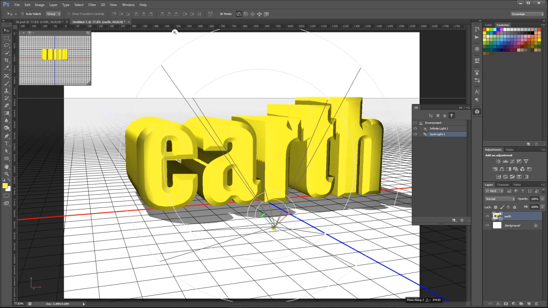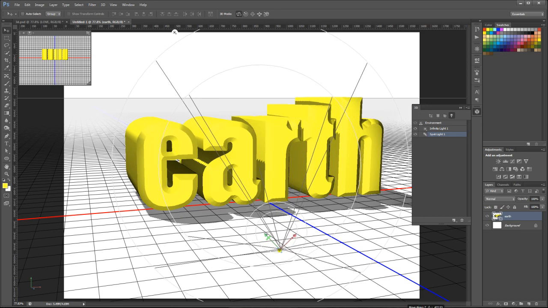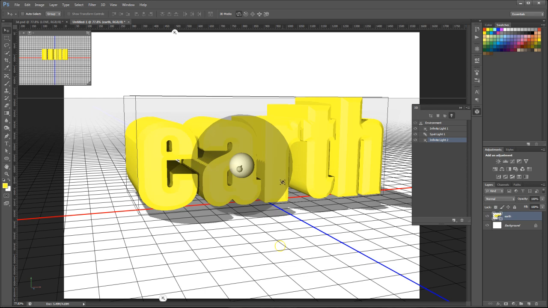So I'm moving it out farther away here, and that could work for what I did in the other part of the exercise there as well. Or if you don't want to use a spot, we can also add another infinite light source. So again, this is more like the sun kind of light there. I'm going to turn the spot off,